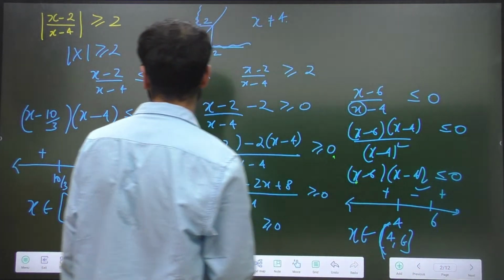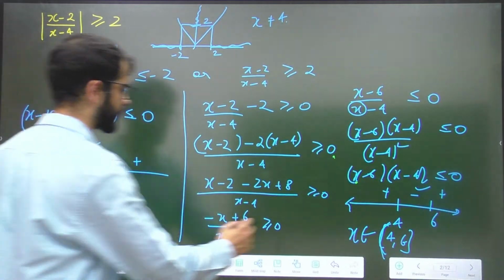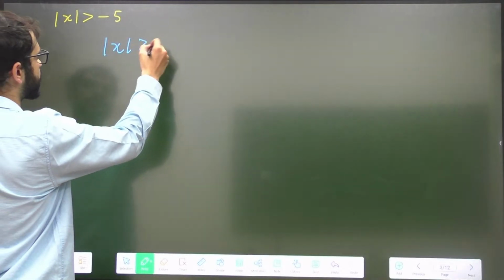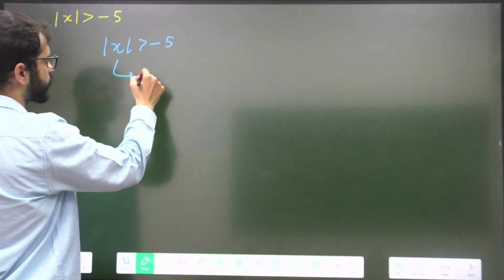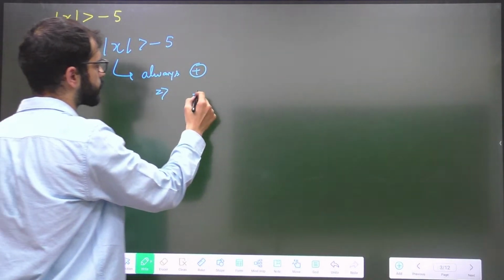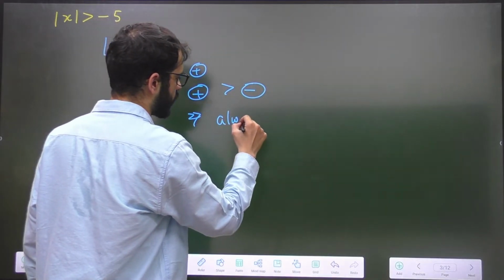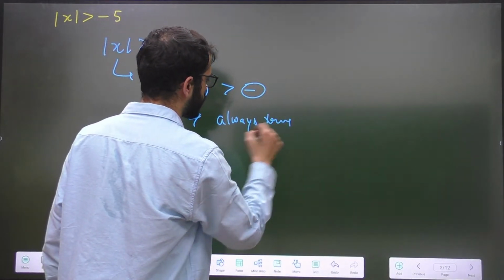Hence my final answer will become: first condition is this, and second condition is if I have to solve for mod of x is greater than minus 5. Obviously mod is always positive. If it is always positive, it implies that a positive number is greater than a negative number. What does that imply? Always true. If it is always true, I can say that x